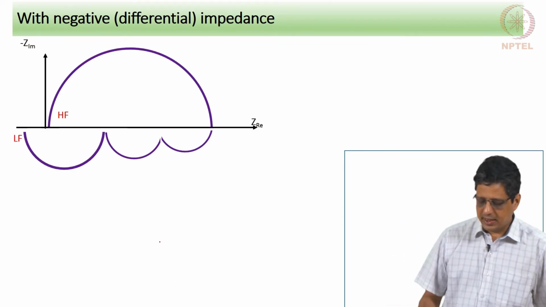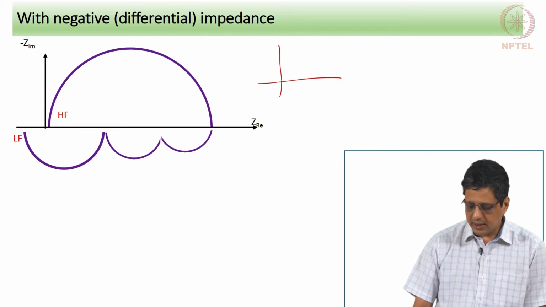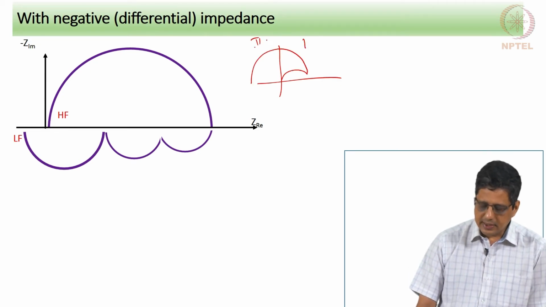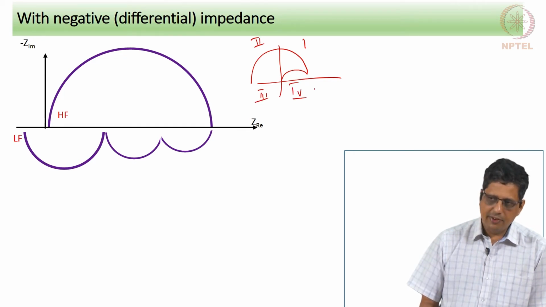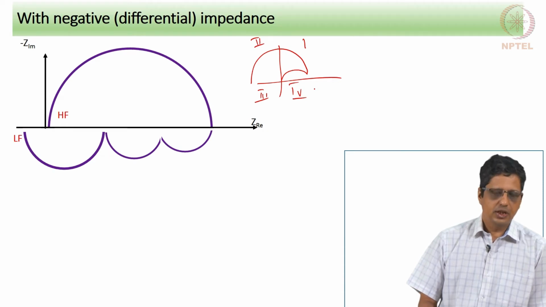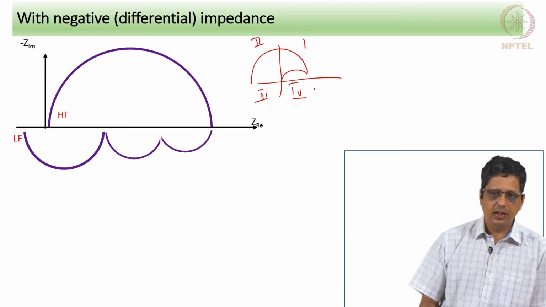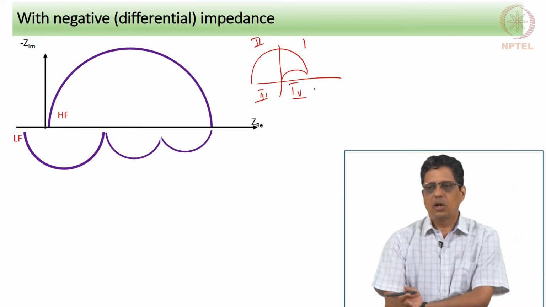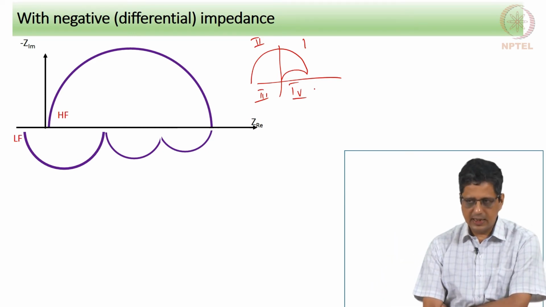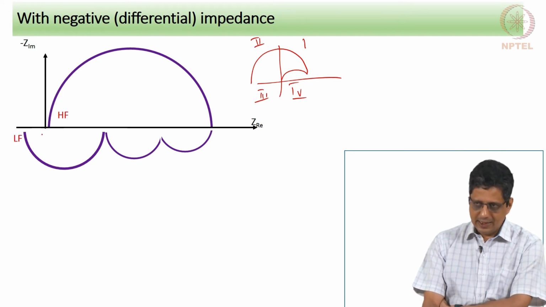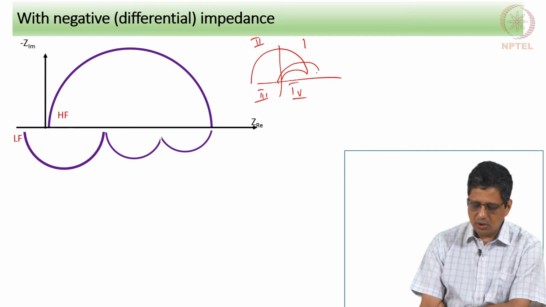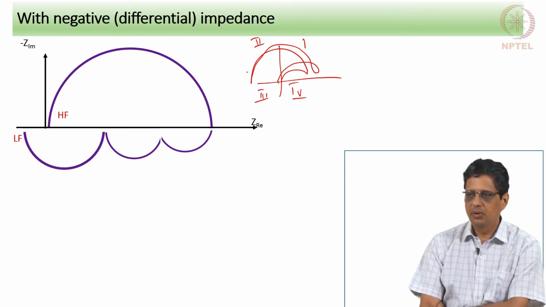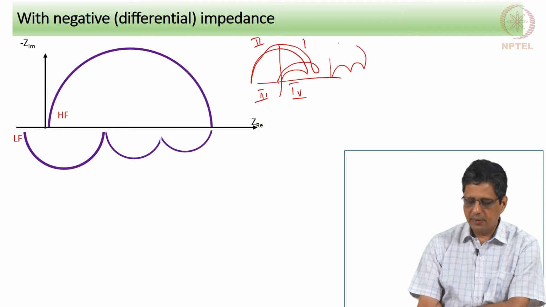Now, negative differential resistance does not always mean that it has to go into the second quadrant, first, second, third quadrant and fourth quadrant. Many times when we see negative differential resistance, actually we do not see negative differential resistance that often compared to normal data in the positive regime, meaning to the right side of this axis. We see it less frequently, but when we look at it, mostly we will see it is going to go like this or it is going to go like this, perhaps with one more loop here.